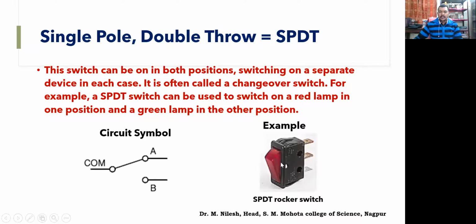And it looks like this. If you are able to see, this central terminal is the common terminal, and these two are the two points, A and B. This switch is connected either to A or to B, but it won't leave you without a connection. It is breaking the connection with A or B or vice versa, but still it is going to be in continuation with one of the circuits.